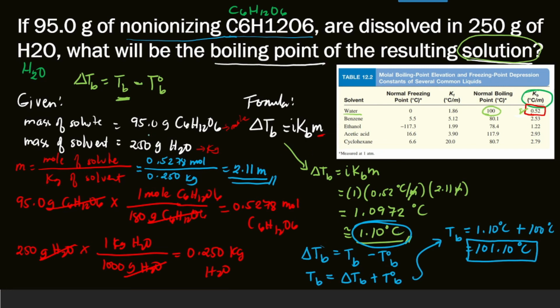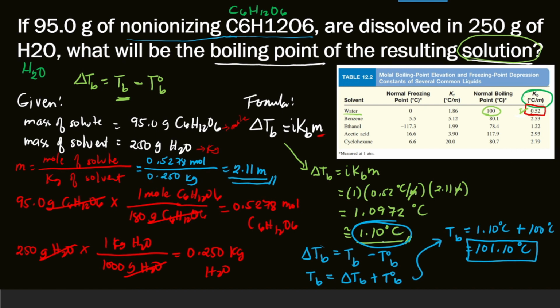Okay? So, kailangan mo munang gawing mole yung mass ng solute mo. Tapos, i-convert mo rin tong mass of solvent mo into kilogram. Okay? So, ito yung way para makomplete mo siya. Pag nakuha mo na yung mole ng solute mo at saka yung kilogram ng solvent mo, kuhanin mo ngayon yung molality. Okay? So, ito yung formula ng molality. Pag nakuha mo na yung molality mo na yan, pwede mo na siya ngayon substitute dun sa formula na given. Okay? So, we have here 2.11. Lagay mo na yung 2.11 dito. Okay? So, kapag